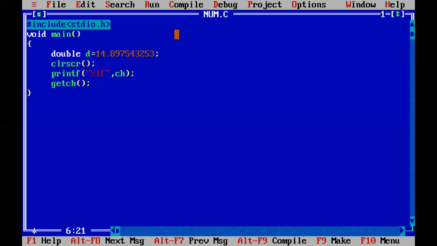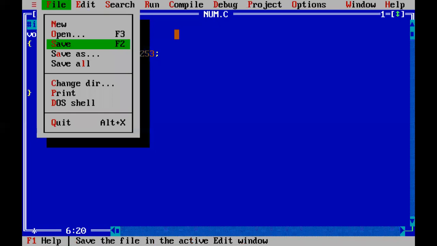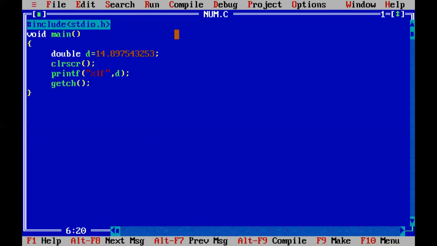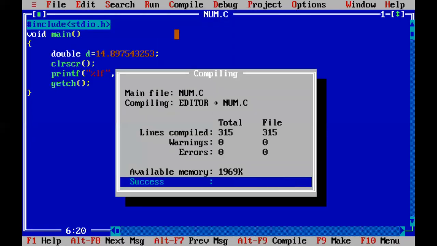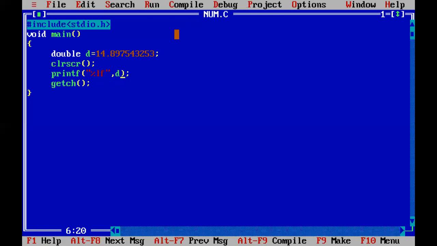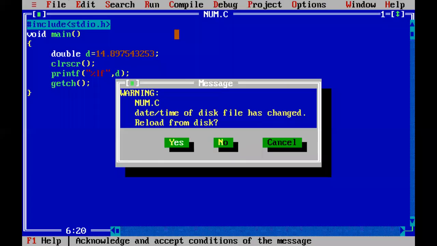And what should be the name of the variable? d. Okay. So save this program first of all, then compile, zero errors, and then run. It should print 14.897543 on the screen. So in this way, you can use format specifiers to display the value of a variable.